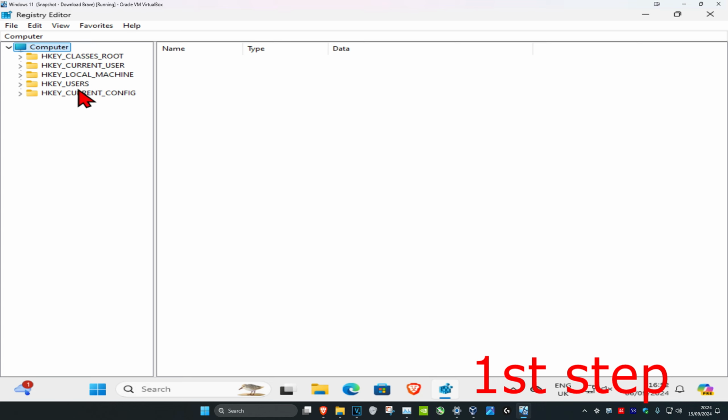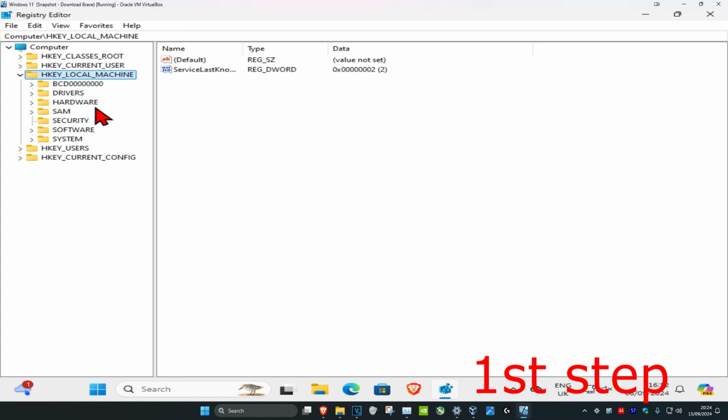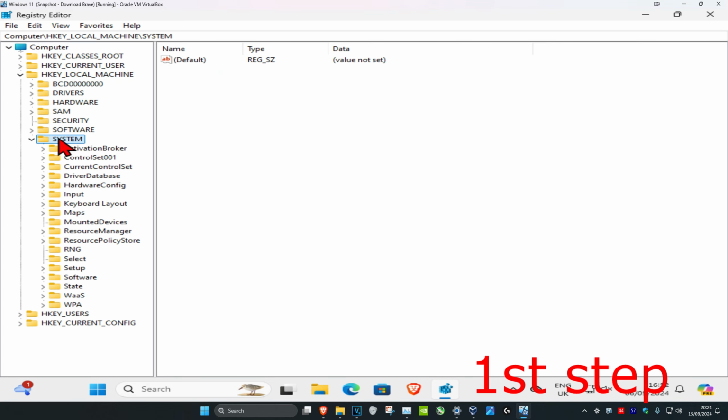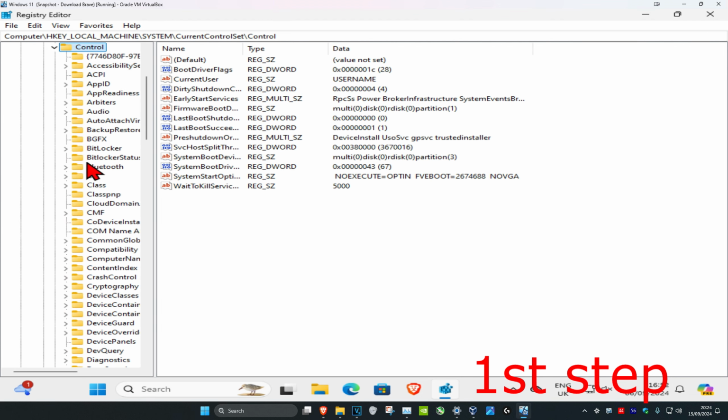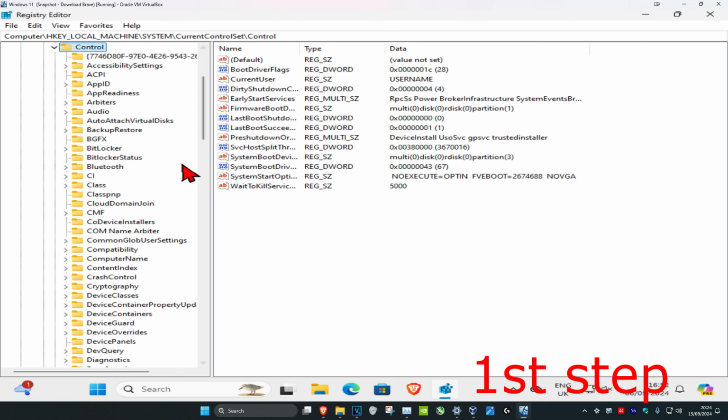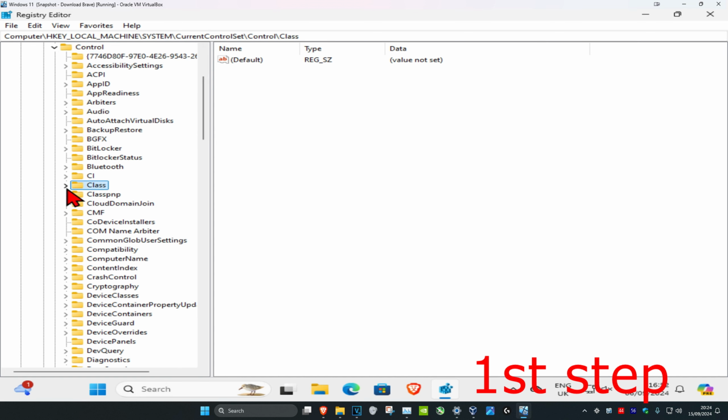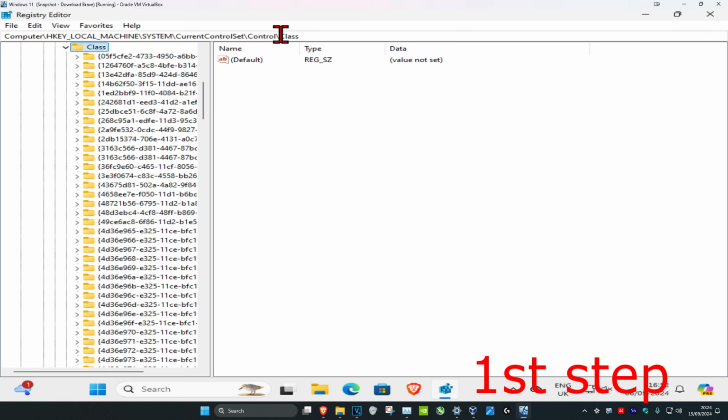So first you want to expand HKEY_LOCAL_MACHINE, and then you want to expand SYSTEM, and then you want to expand CurrentControlSet, and then you want to expand Control, and then you want to expand Class. Let me make this a bit bigger. So now you want to expand Class, you can follow everything up here, and now you want to click on